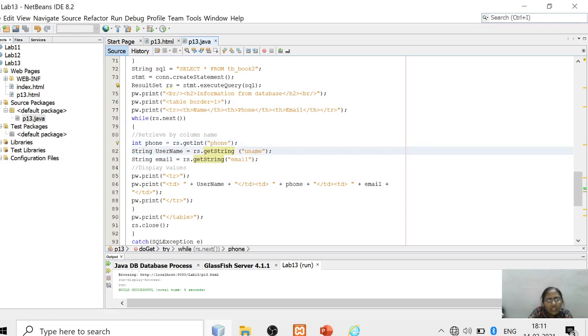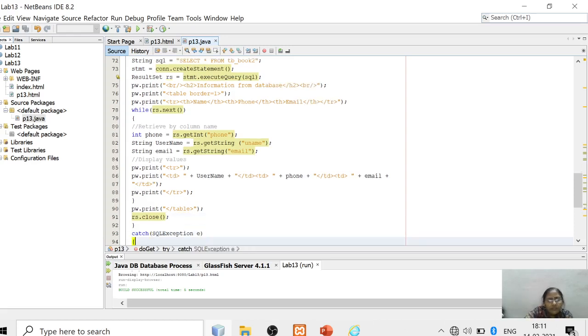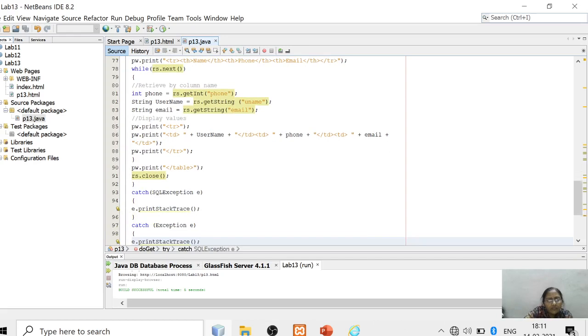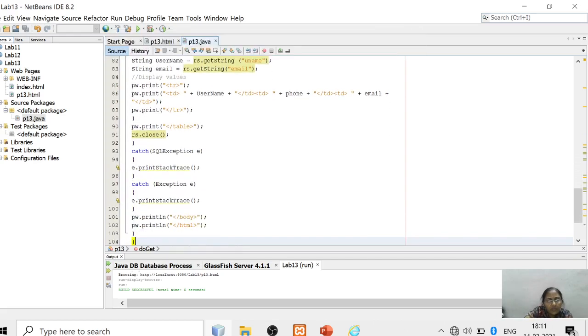This one reads the username, that is the student name, and this reads the email address of the student. Same thing, we are generating a table and displaying the same. Here I am just closing the result set object and closing the table. Finally, closing the body and HTML tags in the Java code.